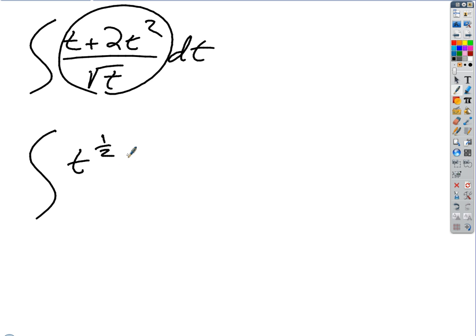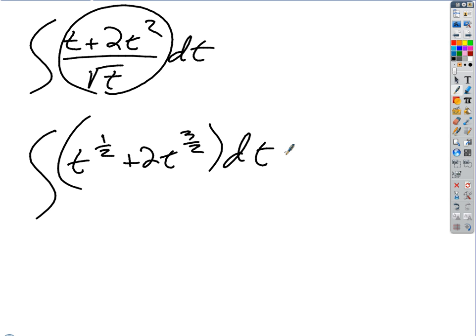What's 2t squared over t to the 1/2? Good, 2t to the 3/2. That's no big deal. That's just power rule stuff, right? Just integrate term by term. Two iterations of the power rule, and we don't have to do anything special with that. We agree? Okay. So we didn't even need to use it on that one. Okay, how about